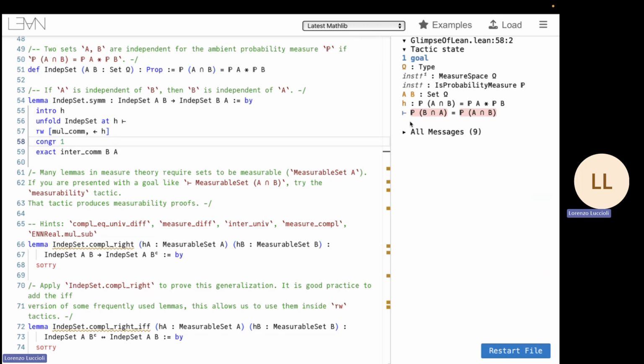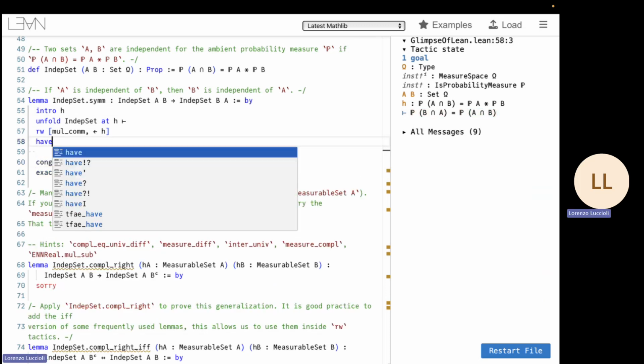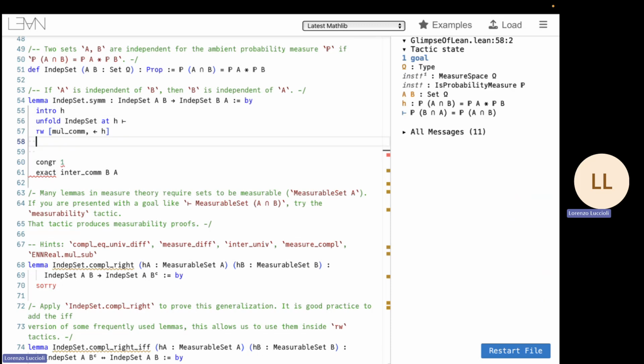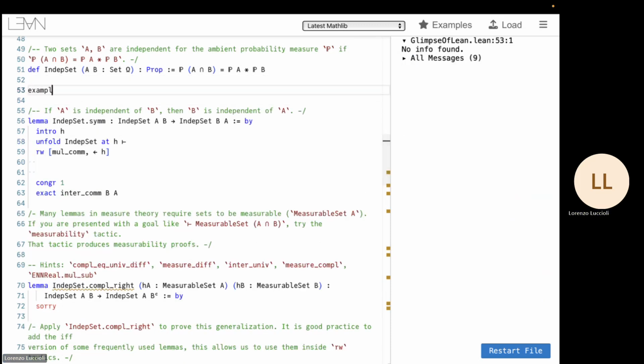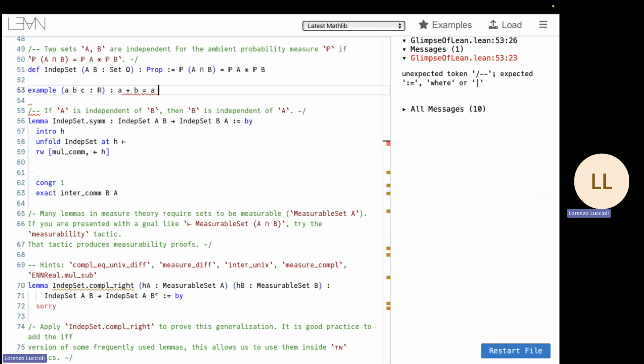So it tries to break it down. Whenever I said something, it substituted it with a meta variable, and it tries to say, okay, the meta variable on the left is this, on the right is this, prove to me that they are equal. Congr can be used, for example, if I have, okay, maybe I can do it with an example. If I have A, B, and C, which are real numbers, and I want to prove that A plus B is equal to A plus C,